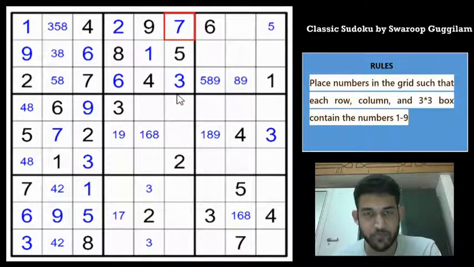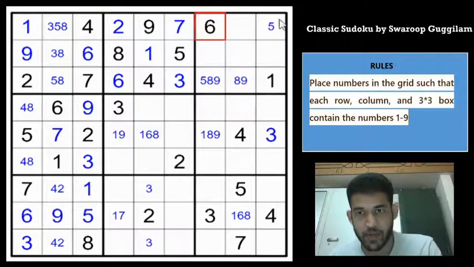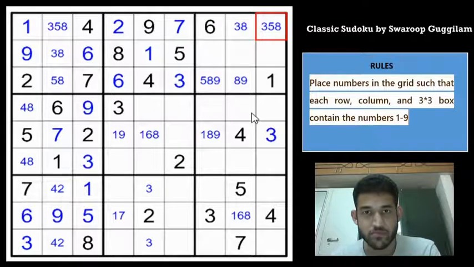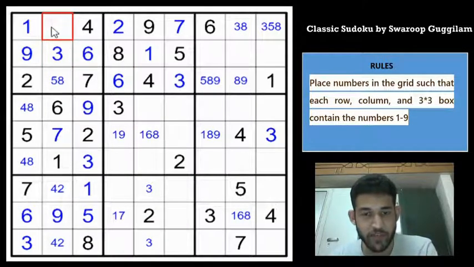We can place that. The Sudoku has a very pleasant solve so far. It in no way seems to be challenging, but it has been rated as challenging by the author himself. So definitely it must be becoming harder at some point. So row 1, 2, 4, 6, 7, 9. Remaining digits are 3, 5 and 8. But 5 is here, so this is a 3, 8 and this is a 3, 5, 8. Okay, this 8 can simply be used to resolve this 3 here, so this must be a 5, 8 now.